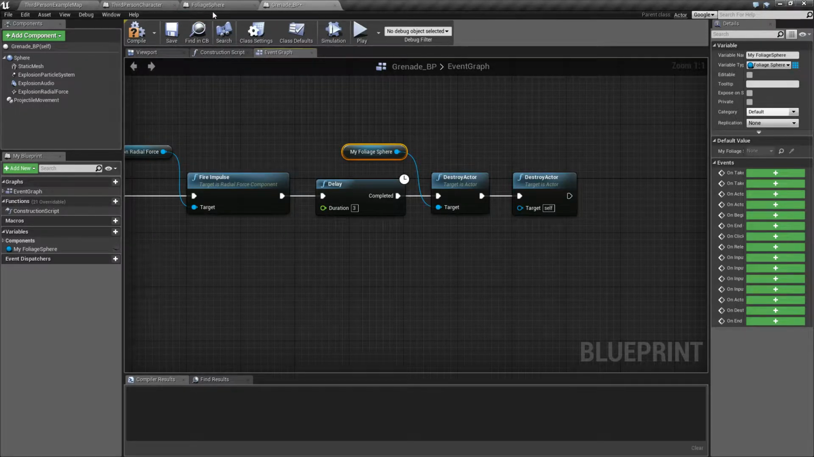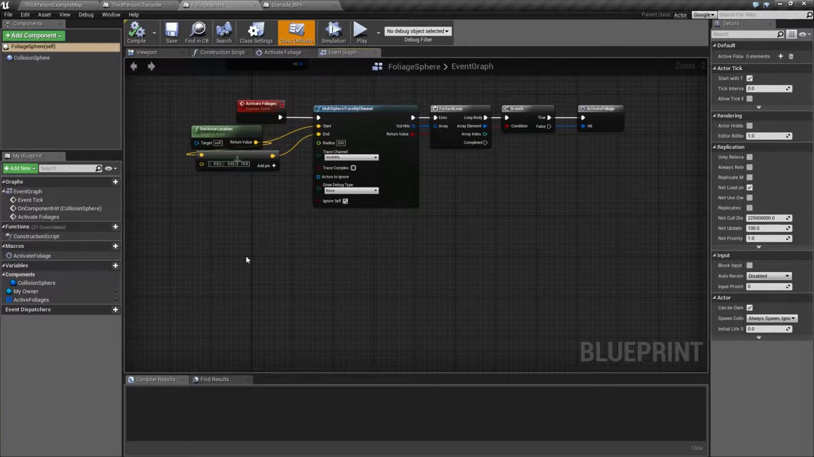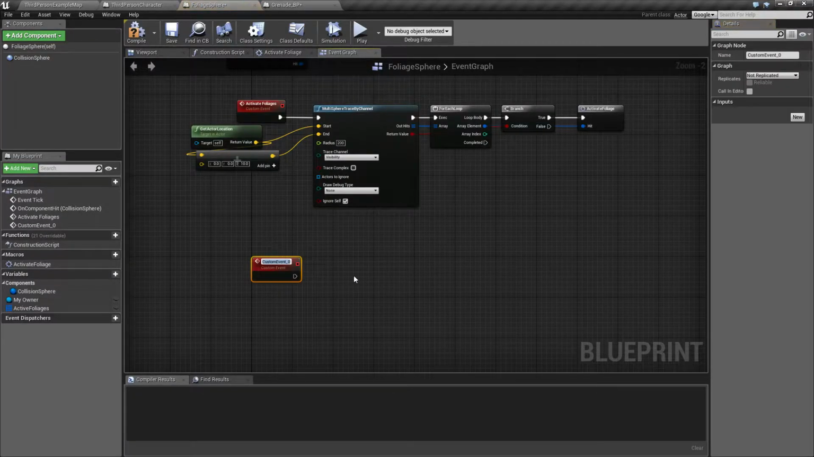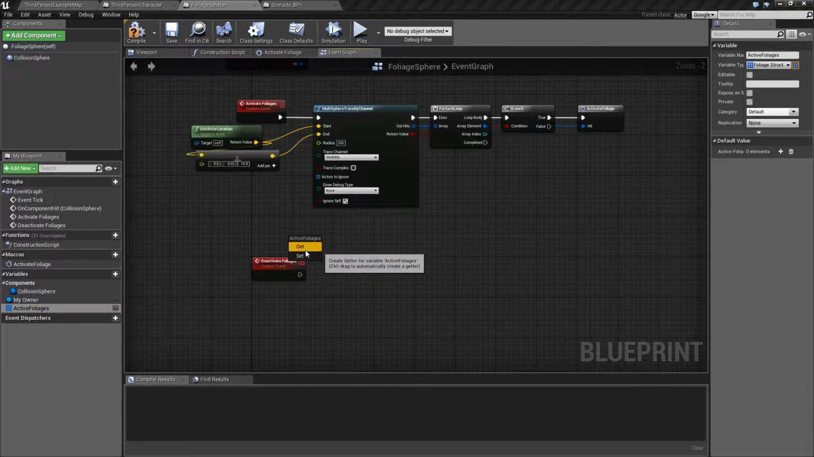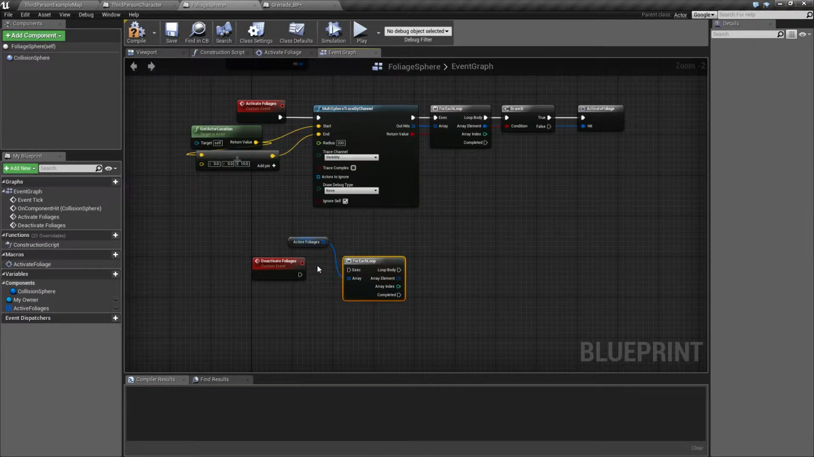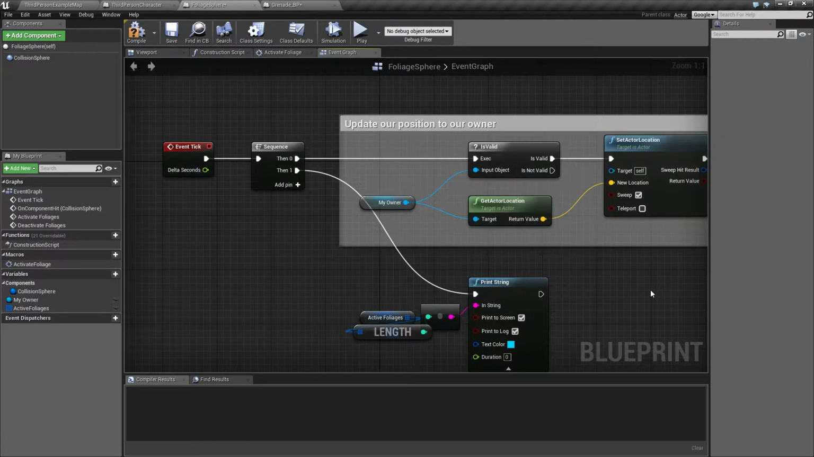I'm going to do that by, like, we have one called activate foliages. We're going to create a similar custom event. Call this deactivate foliages, and it's basically just going to run through all the active foliages we have and then convert them back again. So we already have the code for this up here from the event tick running,